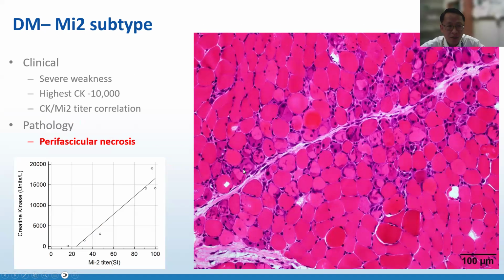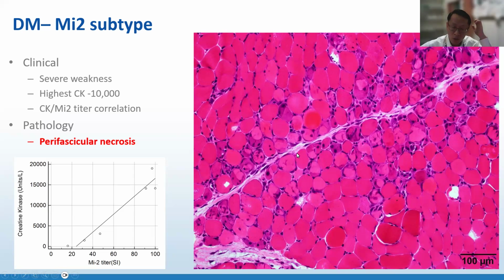So getting into the specifics, there are 5 dermatomyositis specific autoantibodies, and we start with the MI2 subtype. Pathologically, this is distinct by itself. It has a very prominent perifascicular necrotizing pattern as shown in the picture here. You can see these very washed out fibers, they are necrotic fibers, and they lie along the perimysium here. You can also see regenerating fibers, and there is no obvious smooth perifascicular atrophy here. You can have some atrophic fibers, and those are mostly composed of regenerating fibers, interspersed by normal sized fibers.